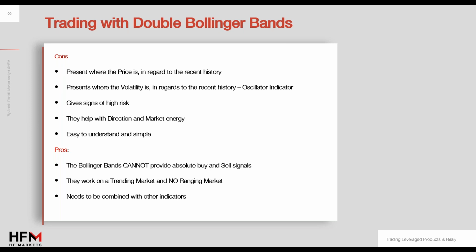What they can tell us, how the double Bollinger can help us. First, as I said, in general Bollingers, either single or double, show us trend. Okay, they help us to identify trend. So when a trend is strong enough to continue riding or to consider entering a new position, even if the trend has been going on for a long time, even if it had reached historical highs or historical lows,